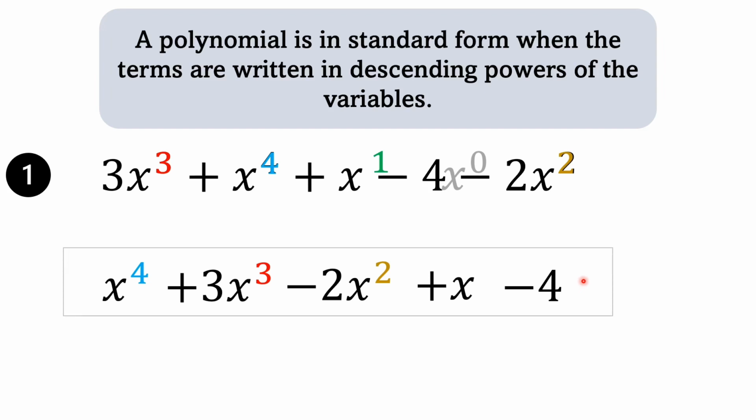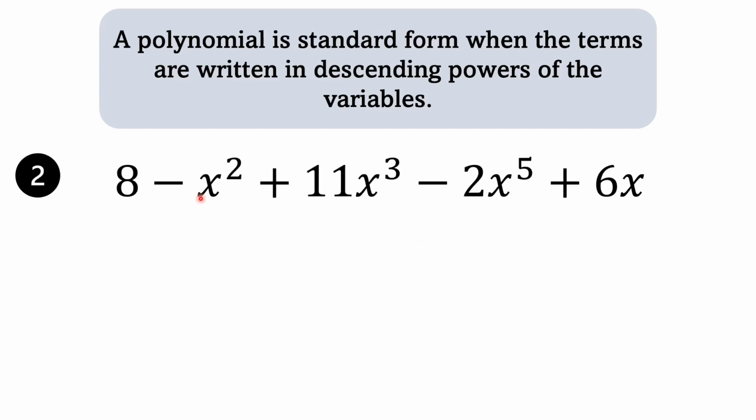So that's the polynomial in standard form. So as you can see, the powers of x are in descending order now. 4, 3, 2, 1, 0. Another example,